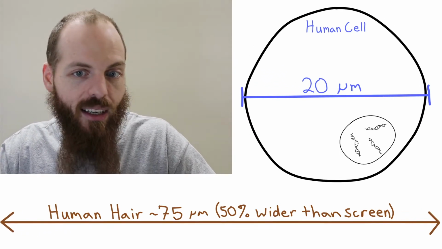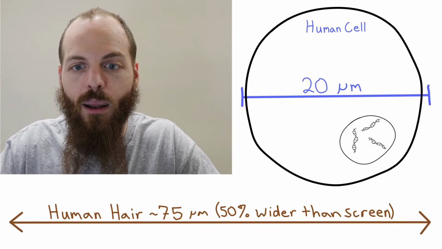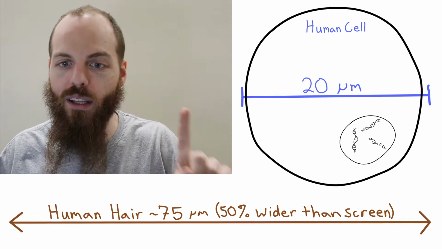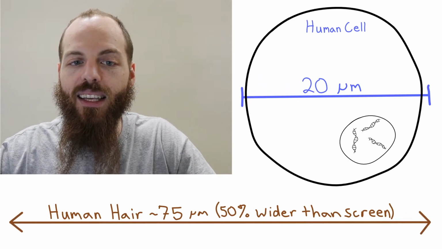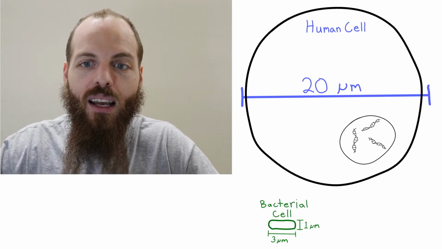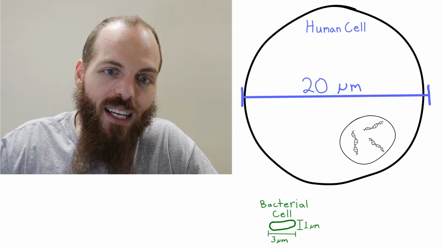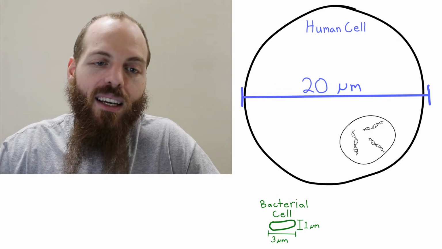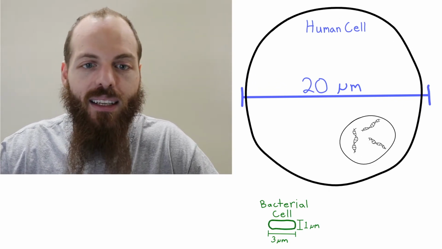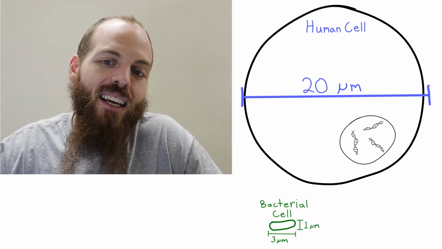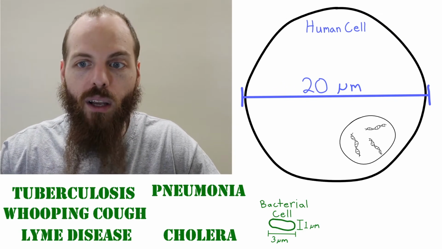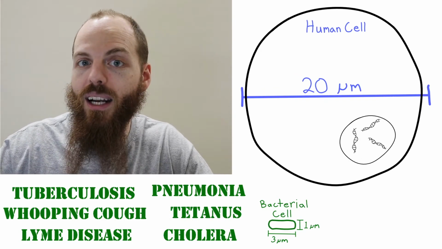If you start with bacteria and look at it, it's a living thing, but its entire body is made of just one cell. And this cell is a lot smaller than our cells. It's about this big in comparison. So bacteria are alive, and sometimes they make poisons that make us sick, or they live beside or even inside our cells, and that can make us sick. Bacteria cause diseases like tuberculosis, pneumonia, cholera, Lyme disease, whooping cough, tetanus, and many different kinds of infections.